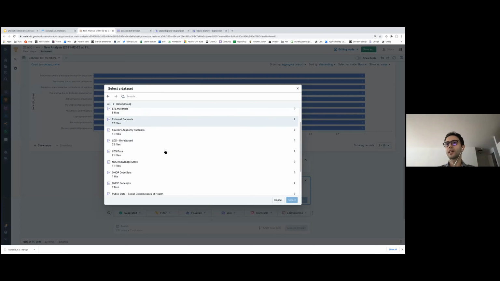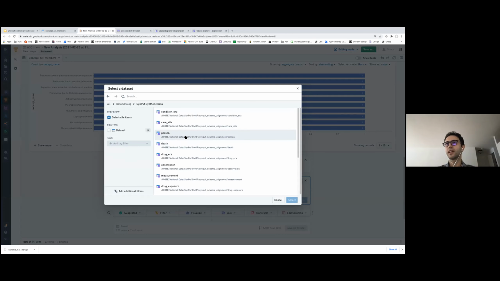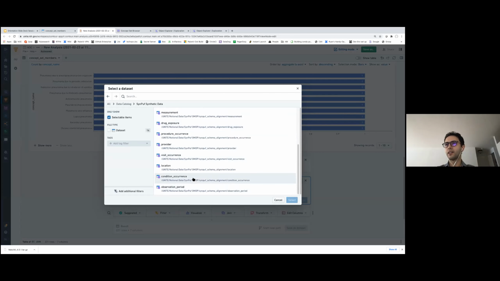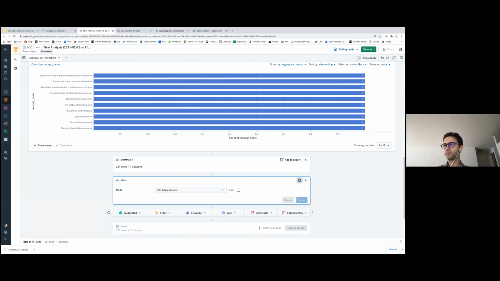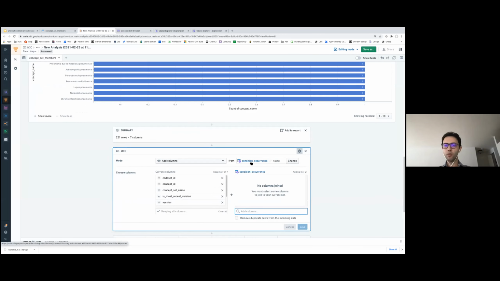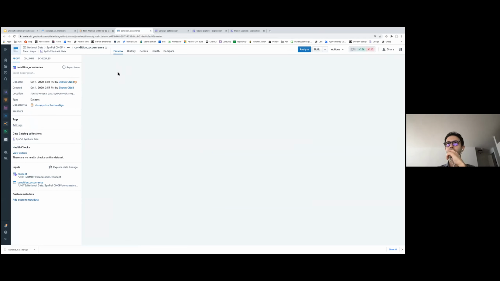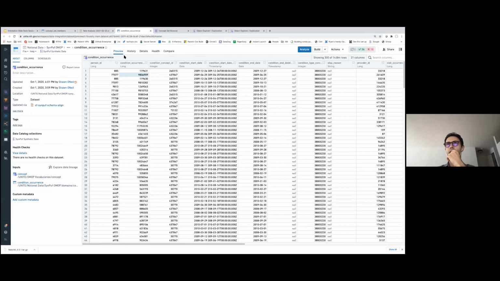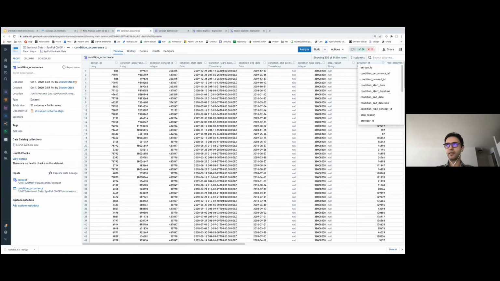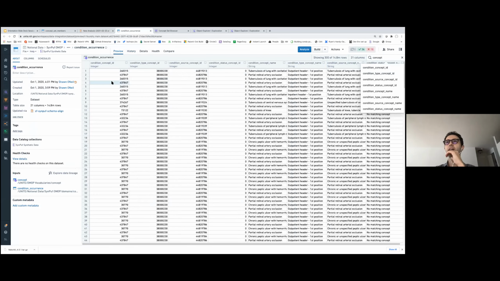If I go back to the data catalog and pick the SimPAP synthetic data, I can pick my condition occurrence table. And if I open this condition occurrence table real quick on a separate tab, as you can see here, each condition is defined by this condition concept ID. So this is the column that we want to match with our concept ID